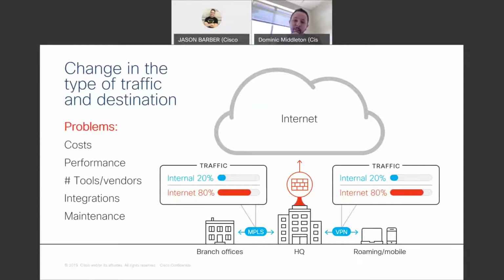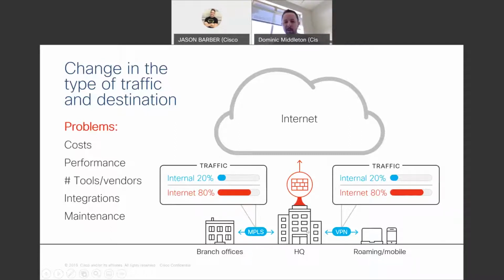Today, that internal traffic is the 20%. Now we're sending a ton of stuff back and forth over the internet, like I said, through those business applications, through different web portals, you name it, going across the internet there. And that leads to a lot of problems that customers are facing now. And we're still not talking COVID yet. Keep that in mind. This is just business operations, business continuity. But what that means is as more traffic moves to the internet, if you don't change the foundation of your operations, you have to add a lot more MPLS tunnels. You have to add a lot more site-to-site VPN tunnels.